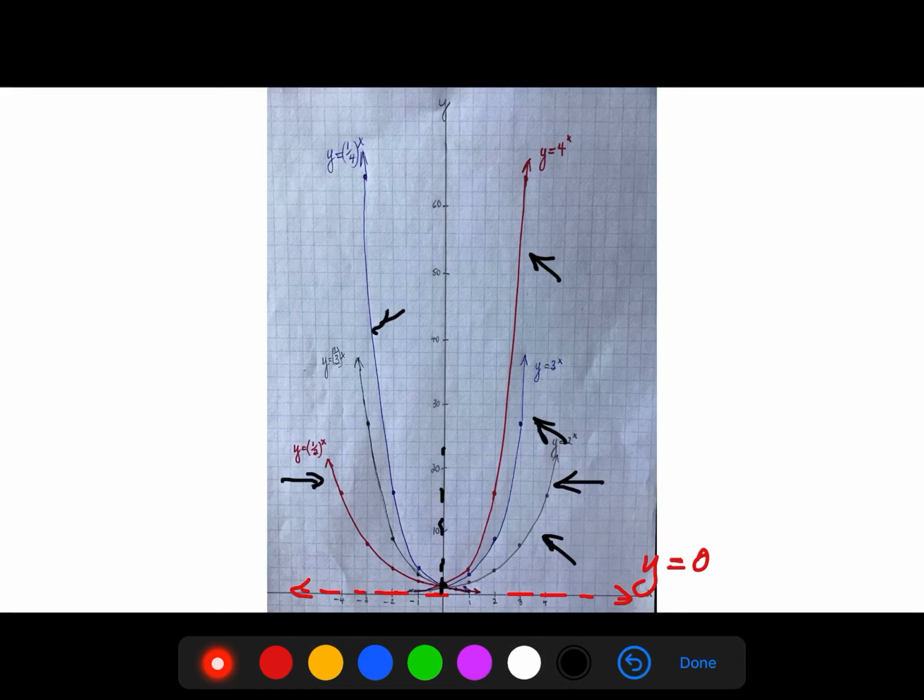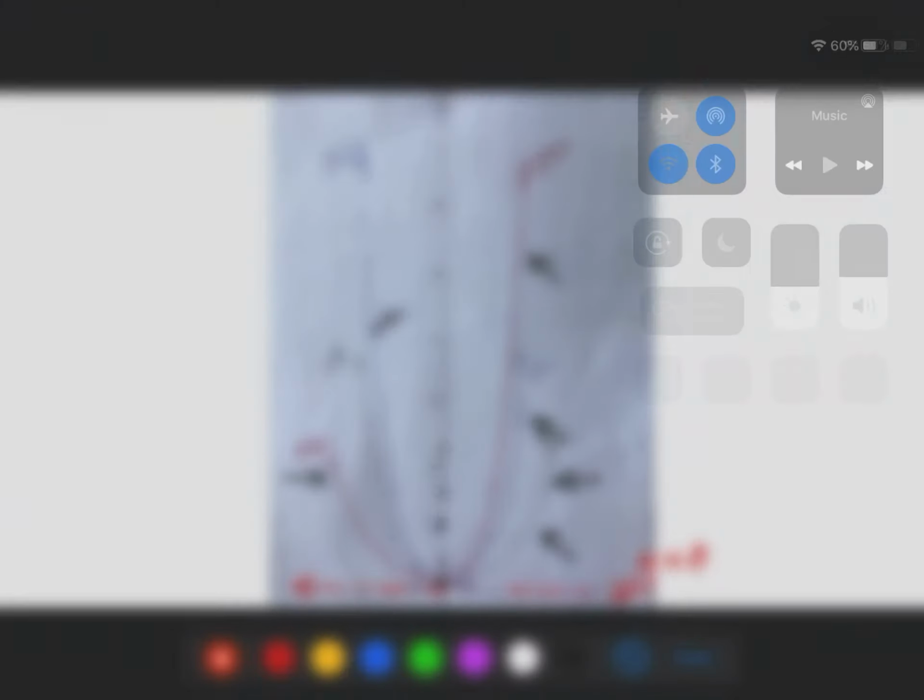Okay, so that's our introduction to exponential functions. You can take a look at your worksheet for